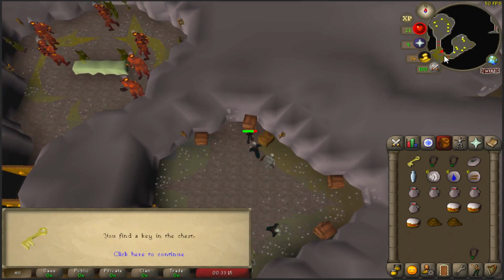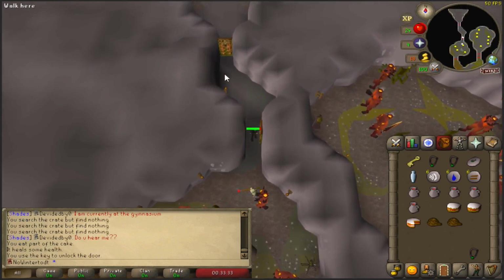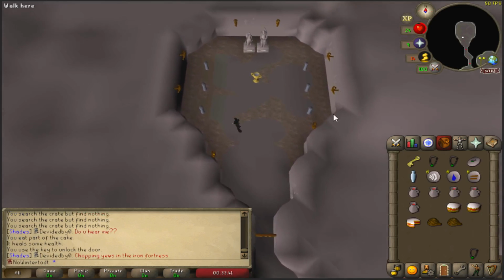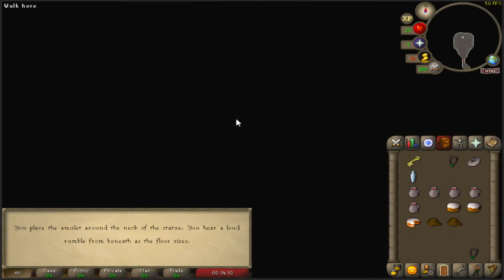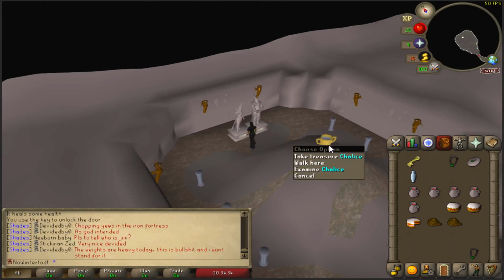Once inside, go east to grab the key from the crate, then go west to unlock the door and head into the tomb. Use your air, earth, and water runes on each of the posts, then put the amulet on Glarial's statue, and don't take the treasure from the chalice, but use the urn on the chalice to complete the quest, giving us 1 quest point,